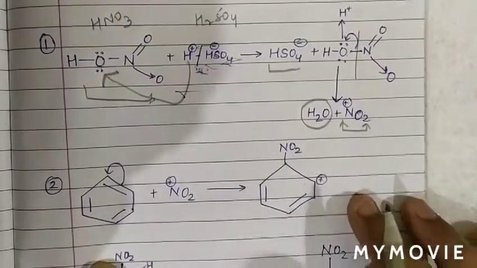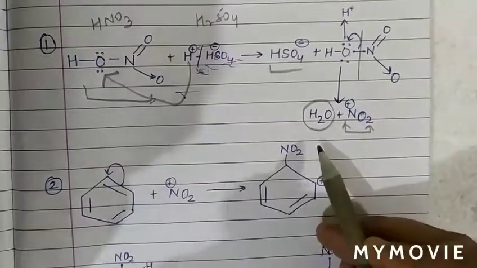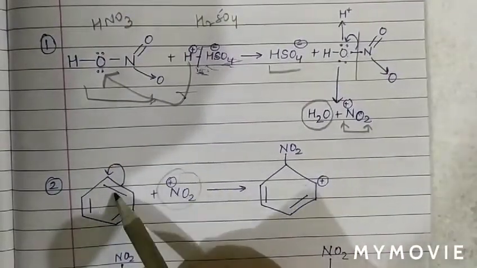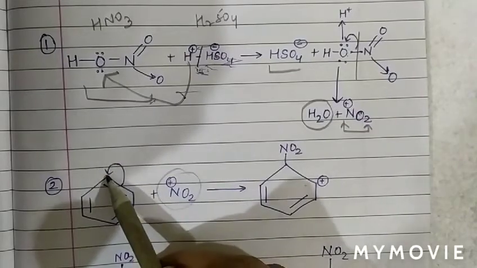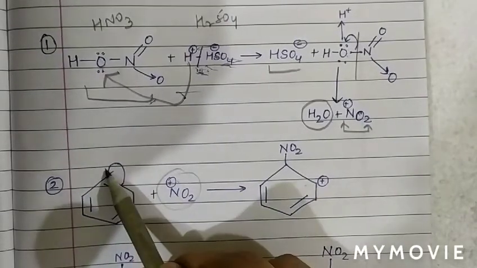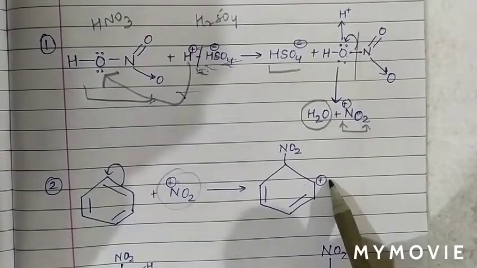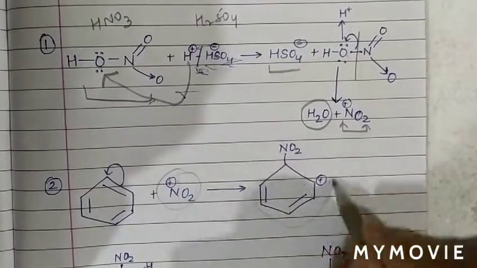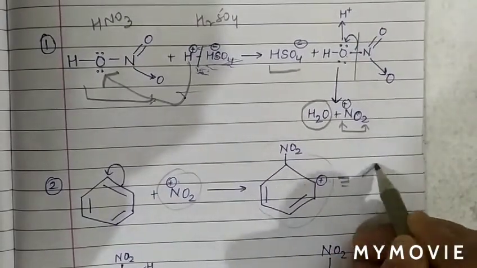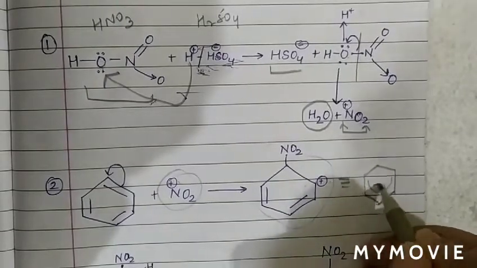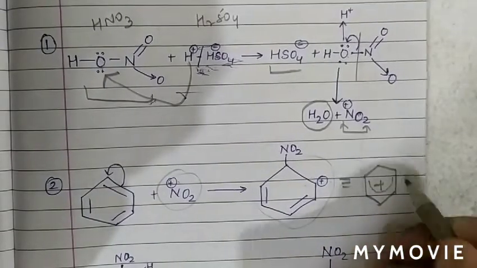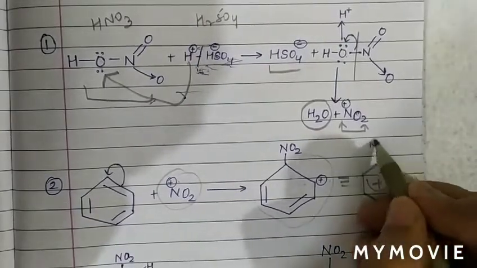Now the attack of the electrophile. Again benzene, as in the electrophilic substitution reaction in benzene. So this pi bond will break. When this pi bond breaks, there is a negative charge, so the electrophile attacks, and this carbon atom gets a positive charge. Now this ion will form resonating forms and it forms the sigma complex. So positive charge is delocalized between these positions, at this position and this position.